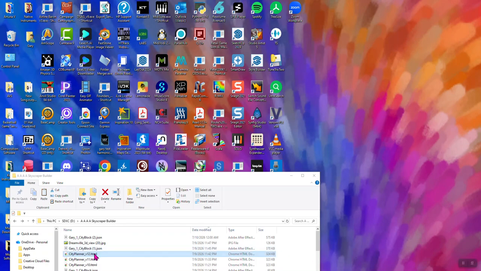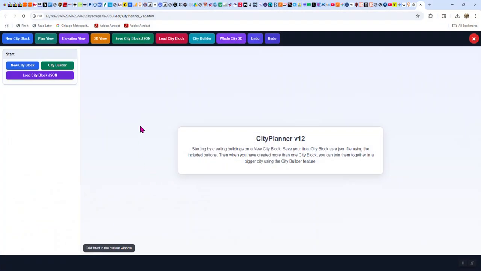Hey, Gary Hoover here, and I wanted to show you around my latest little program. This is something that I've wanted for years and years, which is the ability to dream up a city, dream up skyscrapers, how I want them to look, how tall I want them to be, small buildings, arrange streets, build maps, all that kind of stuff.